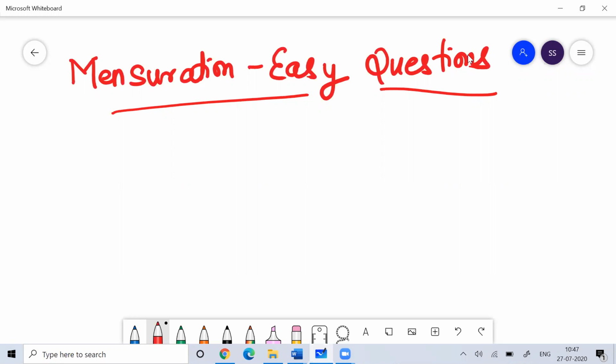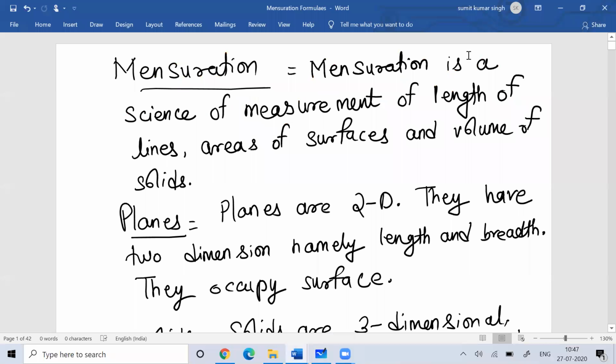When we talk about this topic, it is a very easy topic, and in order to solve the questions, we have direct formulas, and based on the formula, we can easily solve the questions. The application of geometry that we have learned till now, whether it is related to triangles, quadrilaterals, circles, or three-dimensional solids, all of that can be studied with the help of formulas. Mainly we'll concentrate on the concept of area and volumes in this subject, and I'll start my class with easy